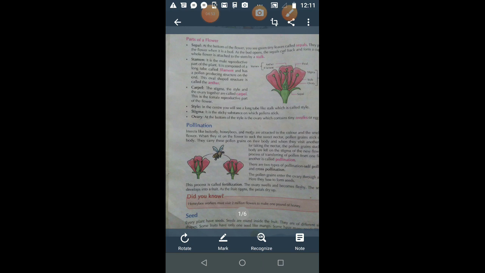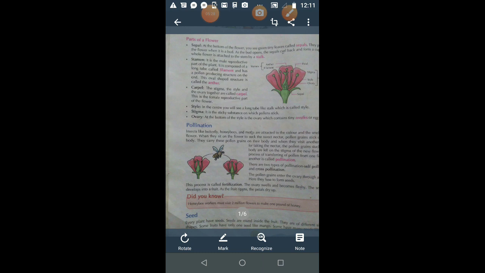For example, there are four parts of a flower. You draw a diagram of each individually. You draw the sepal, then you draw petals, then you draw stamen, and then you draw carpels. Individually you draw all four parts of a flower. And what is the best method of understanding? You draw the picture of a sepal, and in front of the sepal write what is the function of the sepal in the flower. In this manner you get a good understanding.